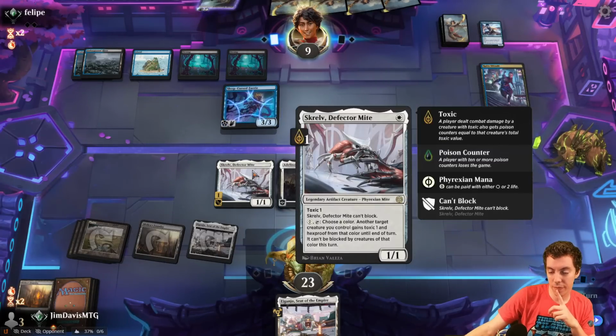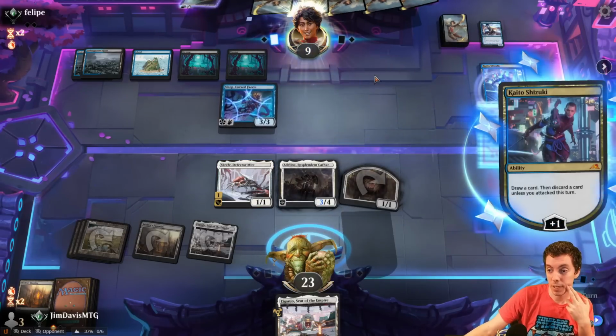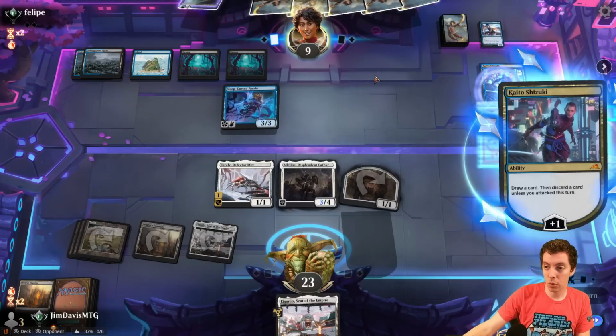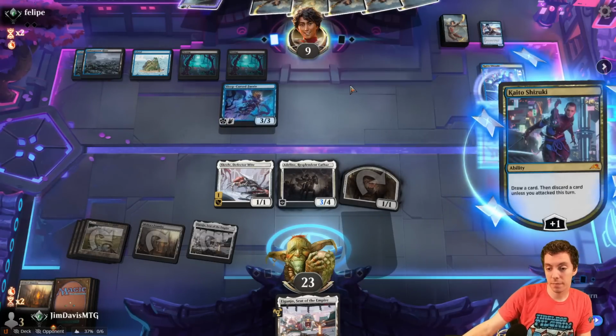Good old Skrelv. Cute little guy. They're going to loot again. They're not going to attack and draw. Looting is obviously much worse than just drawing a card. Could have been a ninja too, but...